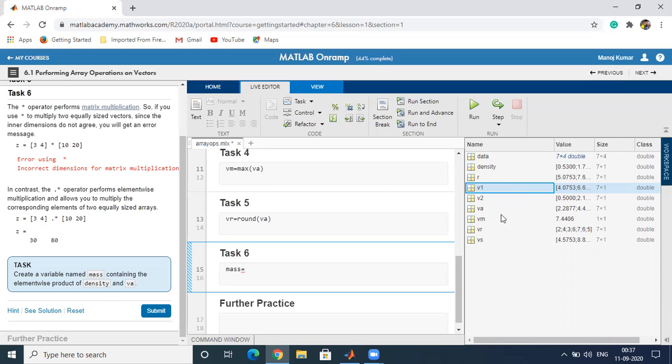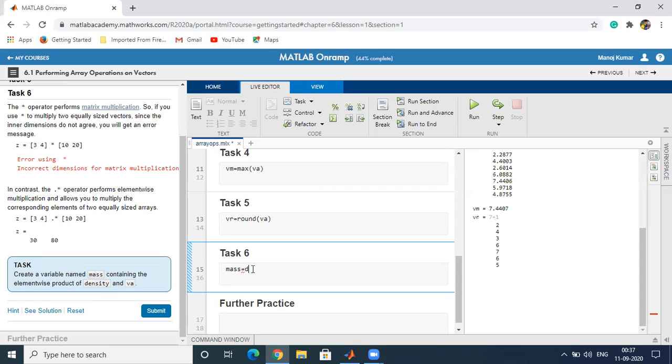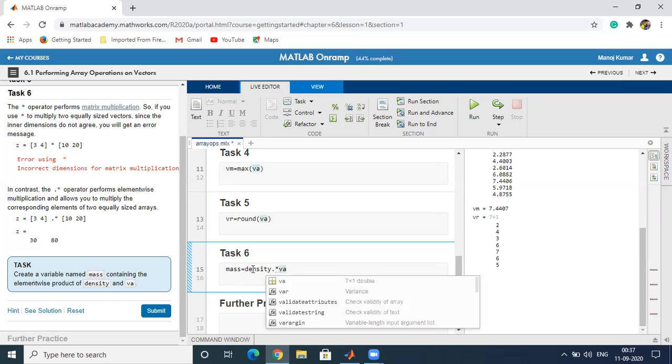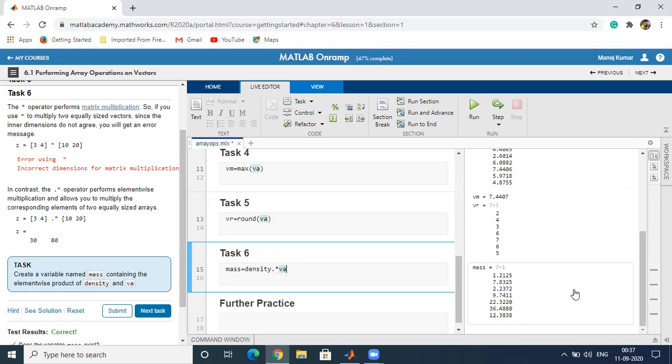They are of the same dimension, so we can multiply them component wise. So to multiply component wise, we will do density dot star VA, and we will get the component wise multiplication of these two vectors.